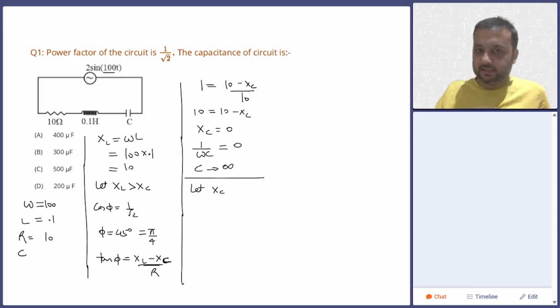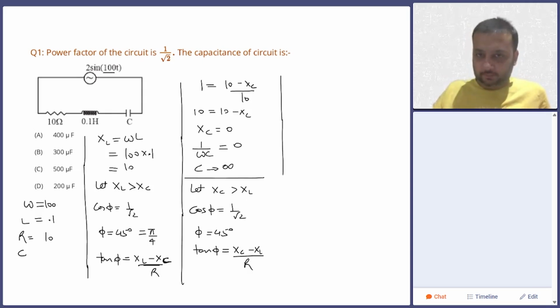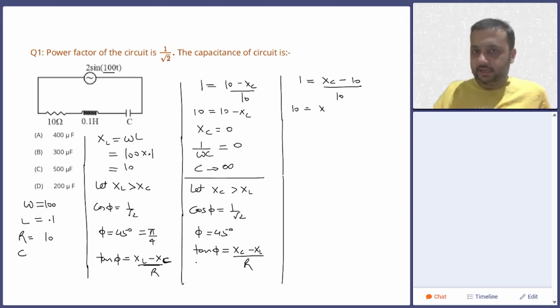Now let's assume the second case. That means let XC be greater than XL. Then again we can see that cos phi will be equal to 1 by root 2, and that means phi will be equal to 45 degrees. But this time I will write tan phi equals XC minus XL by R. That means I will assume that current is leading the voltage. So now tan 45 will become 1, and XC we don't know. XL value will be again 10, and R will be 10. So you can see that 10 will be equal to XC minus 10,